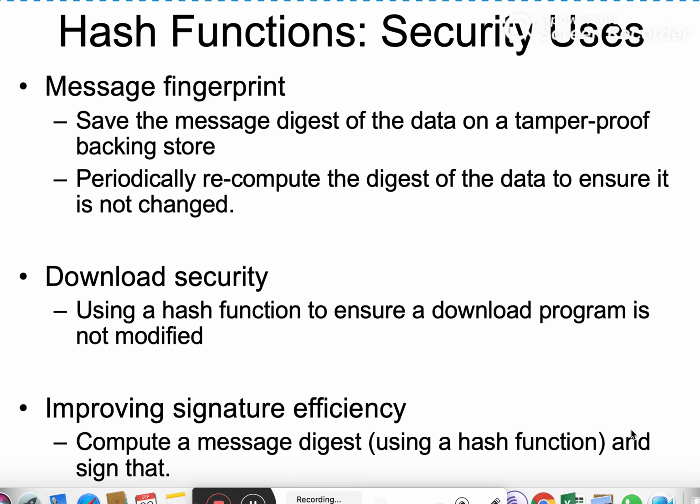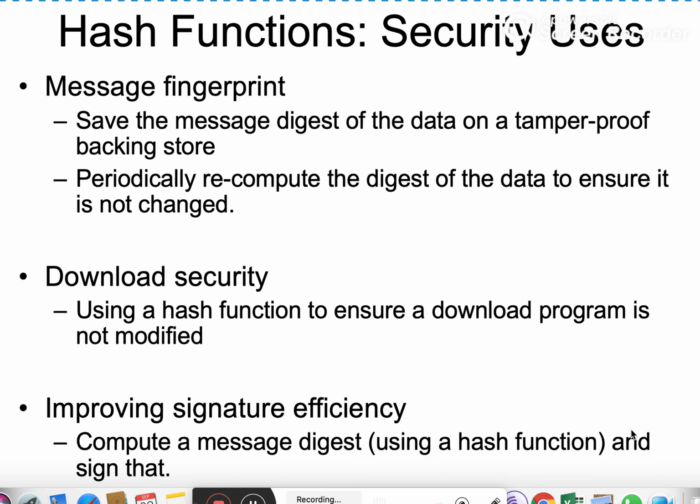Then once you finish downloading your program, you can calculate the hash and compare it with the hash provided with it to find out that the downloaded program is not modified while downloading, because sometimes hackers change the download program in such a way that when you are downloading one program, along with it, it is downloading some malware. So this can also be confirmed.